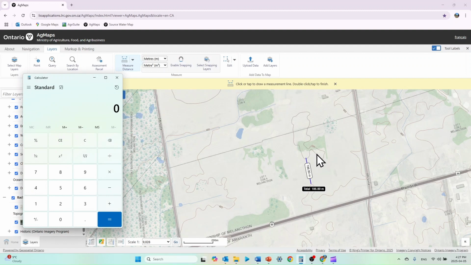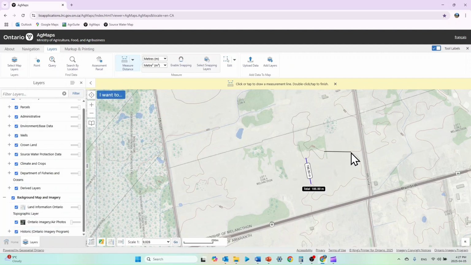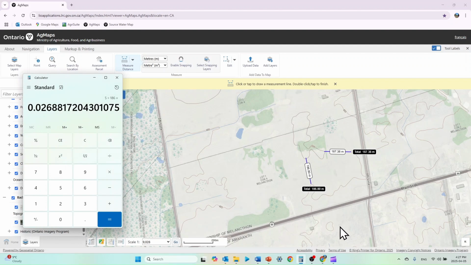So if I go rise over run, so rise is 5 meters divided by the run of 186, we have a 2.7% slope. All right, and maybe we want to double check this one over here. That's pretty much the exact same, 187. And so we can be fairly confident that we have a 2.7% slope